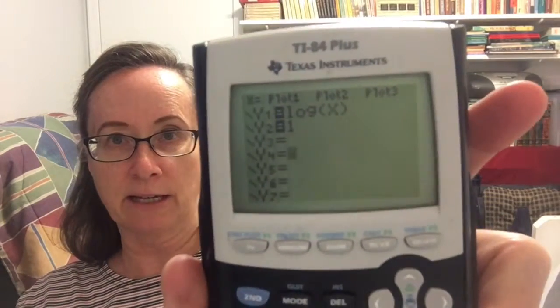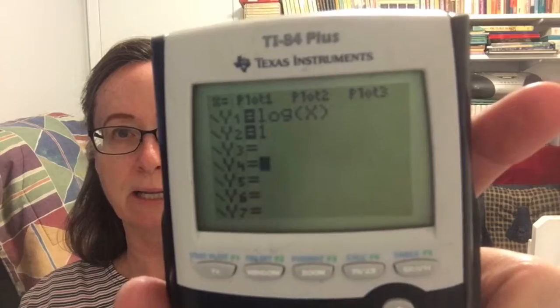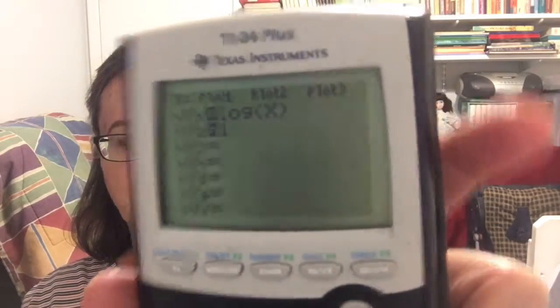We're going to plug into our graphing calculator. On the left, we're going to do y1, and we're going to have to clear out that old stuff in both of those. And then in y1, we're going to put log x. And then in y2, we're going to put just the number 1. So now I've got log x under the first y and just the number 1 under y2. Okay, so now we're going to graph,